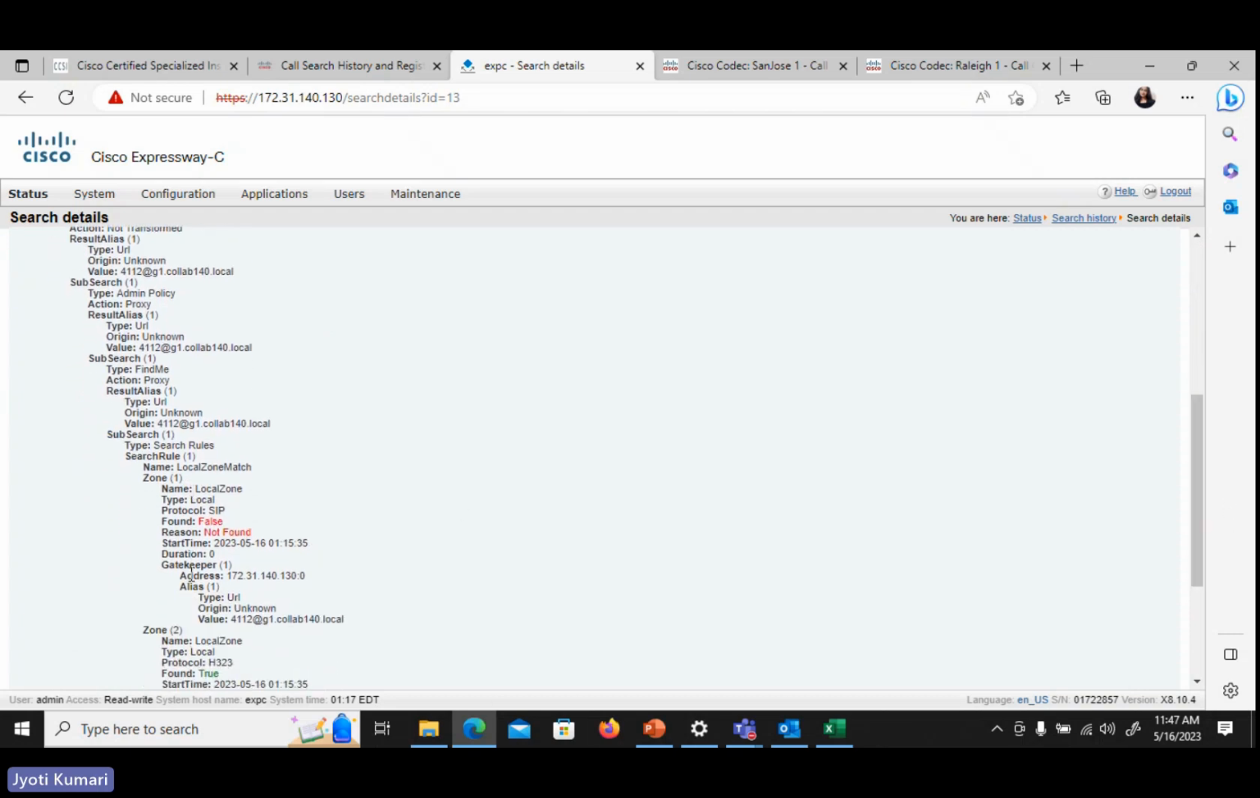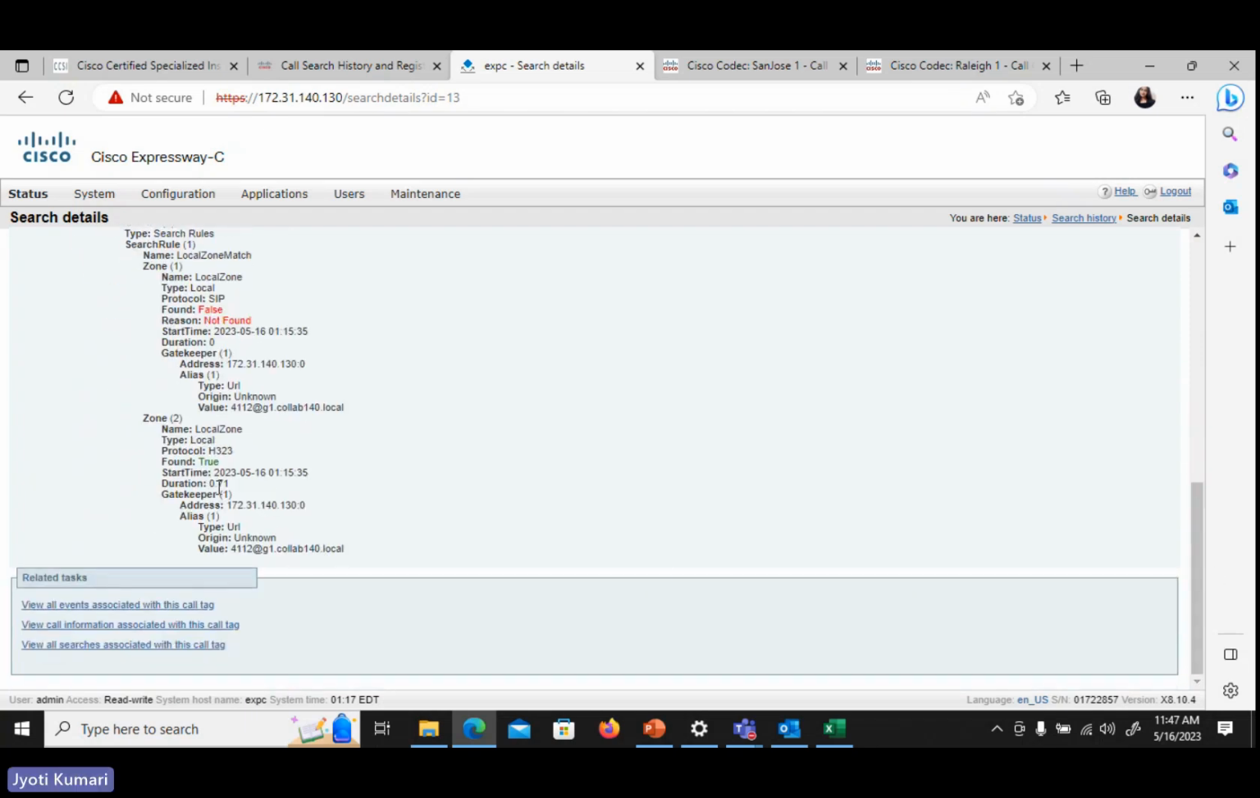Does it match the other zones, like local zone match here for H323? No, because we have H323 disabled for that one. But it found it for SIP for this endpoint. So this is the search